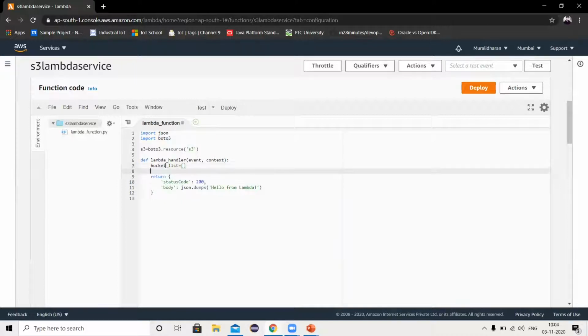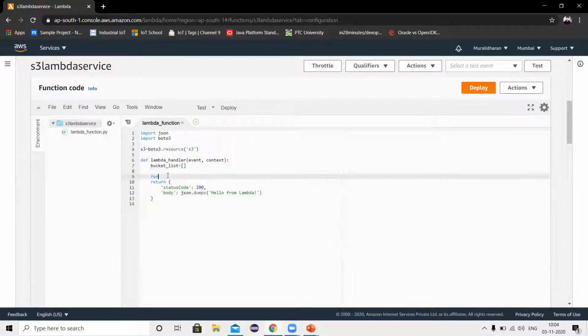I'm providing an empty list, and I'm going to iterate. In S3 we already saw there is a list of three buckets, so I'm going to pull them one by one. For that I'm using a for loop to iterate.